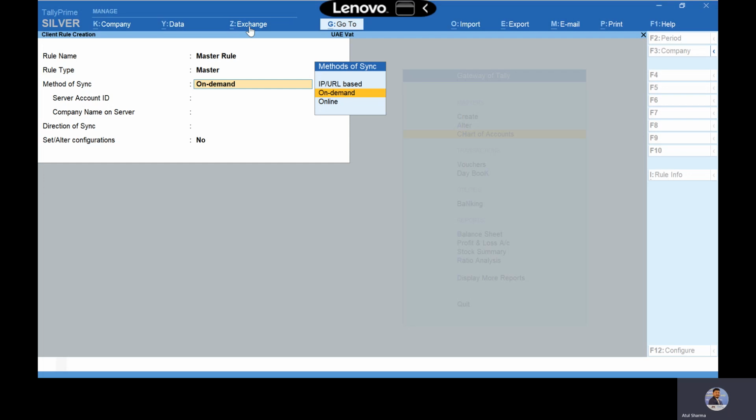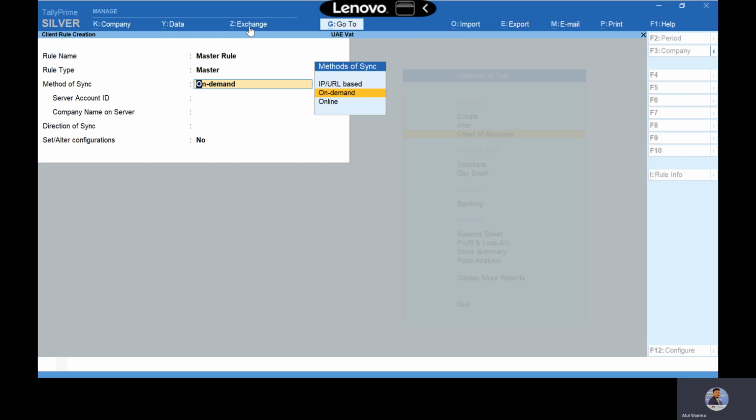The tally.net server stores the sync rule and data until it is accepted by the receiving companies. Whenever we create the rule, it will be stored automatically. Once you sync from here, it will be stored automatically for the client system. In the client system, you have to accept the rule, and once you accept it, only then will it work. Hence you can initiate a synchronization at any time without worrying about other companies being online.